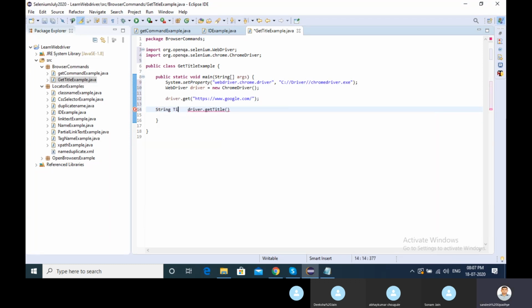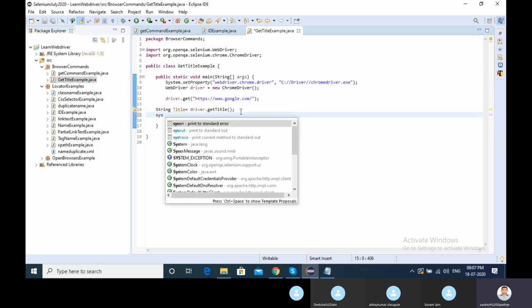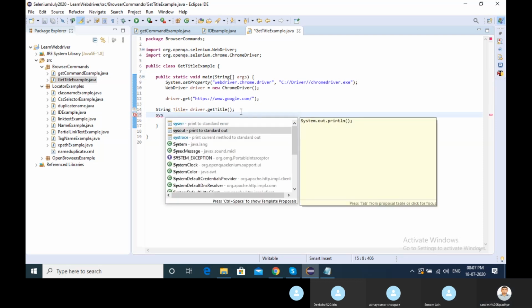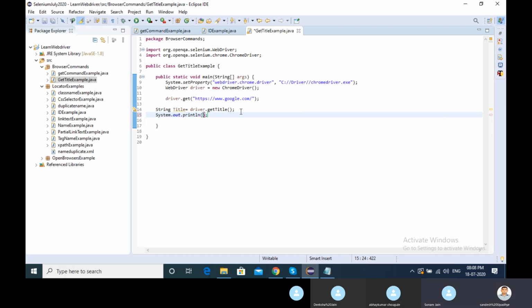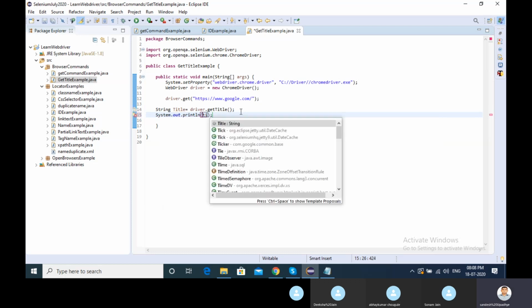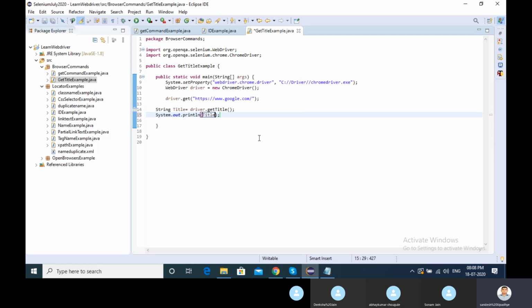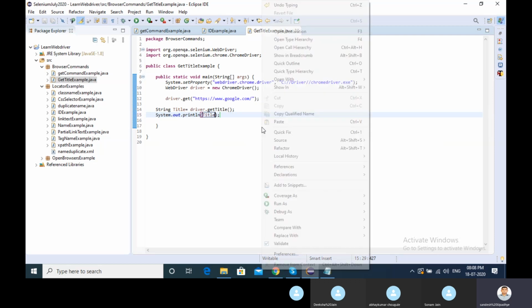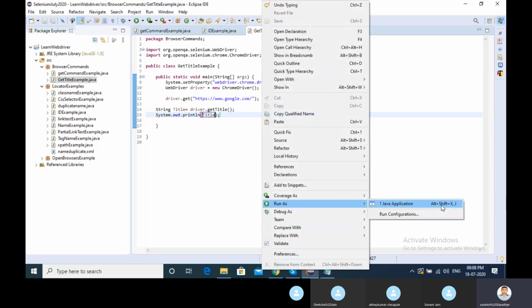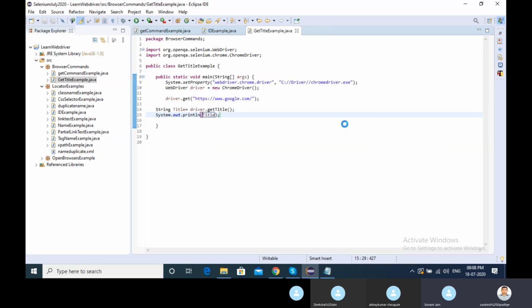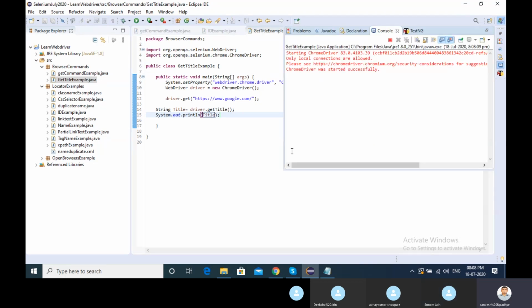Let me save and run this. So what happened here? It will print whatever the application, whatever the URL I am putting, so it will print the Google title.